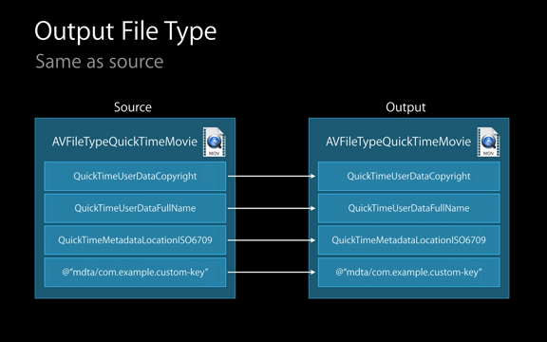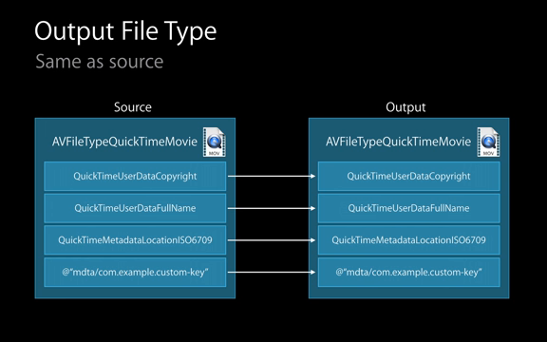You've got QuickTime Movie, MPEG-4, and all sorts of other kind of file types. And those file types can carry different kinds of metadata. Some have more restrictions than others about what kind of metadata can go into that file type. So the easiest situation, say if you have an export session and you're going from